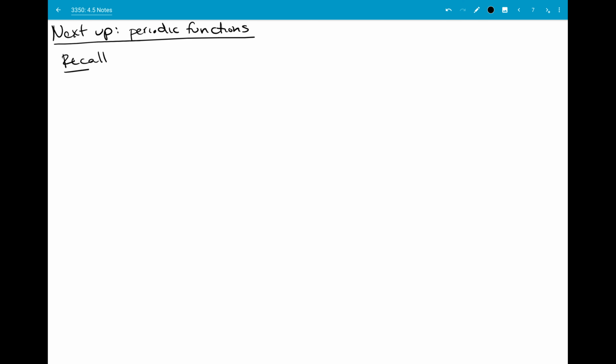All right, so next up we're going to go ahead and look at periodic functions. I think I would have given you this formula previously and told you not to worry about it, you're not going to need it. Recall right here where I write down that same definition. If you already have it, just hold on for a second and then catch up with me when I'm done with it. So if f of t is periodic